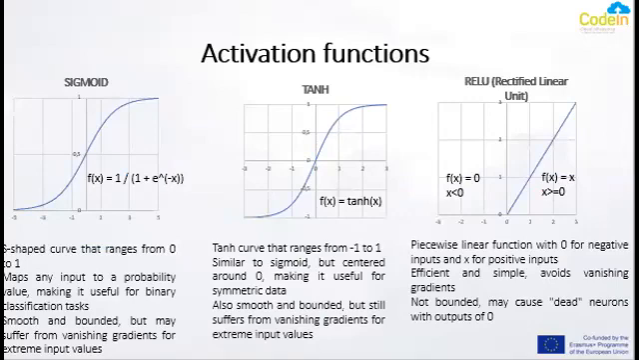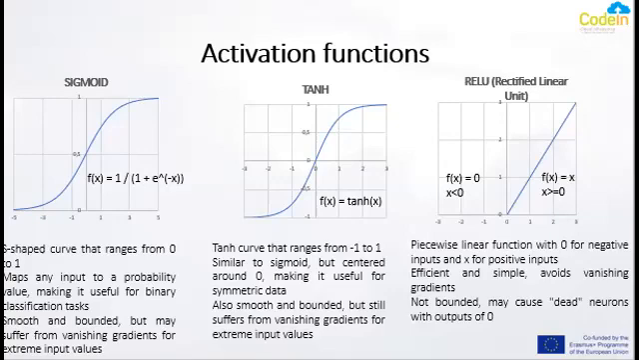Activation functions are like the secret sauce of neural networks. They determine how inputs are transformed into outputs. Let's take a look at the three most common ones. Sigmoid is like a smooth curve that takes any input and squashes it to a probability value between 0 and 1. It's great for tasks where we want to predict if something belongs to one of two categories, like spam or not spam emails. But watch out for extreme inputs that can make it lose its oomph due to vanishing